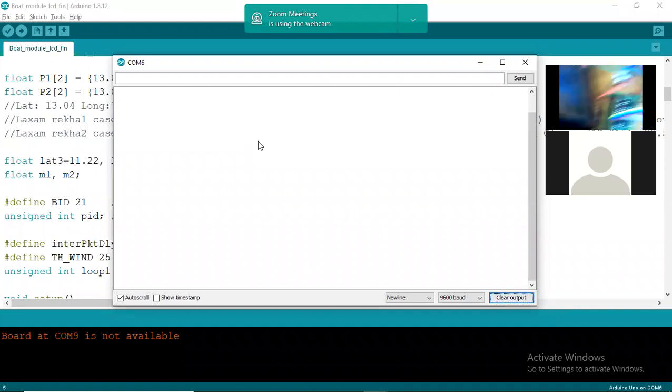LCD. Okay, then your Arduino. Then this is the sensor. Anyway, I'll give a separate video on this.